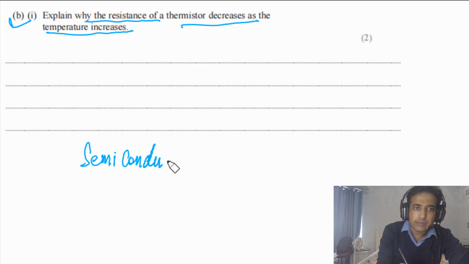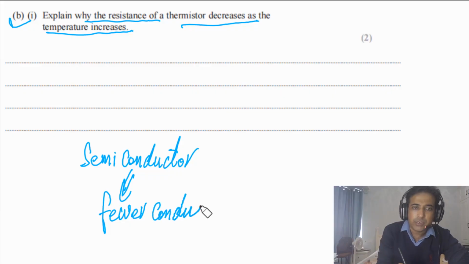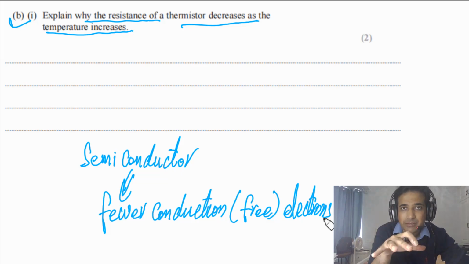semiconductor. Semiconductor means that fewer conduction electrons. So we can say fewer conduction electrons. Conduction also means that free electrons. So simply we can say fewer free electrons. As there are fewer free electrons, so thermistor is not a good conductor at low temperature. That if we increase temperature of thermistor, it means there will be more free electrons, so the resistance of thermistor